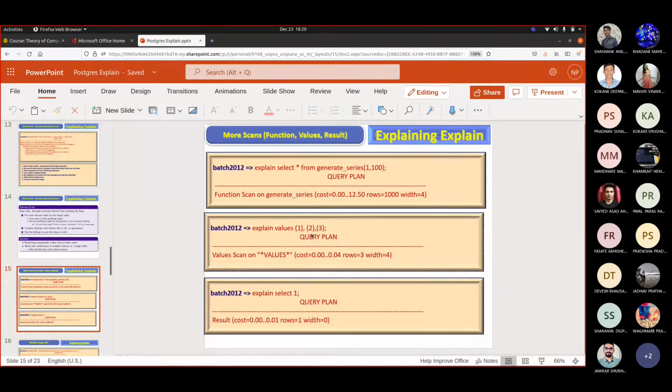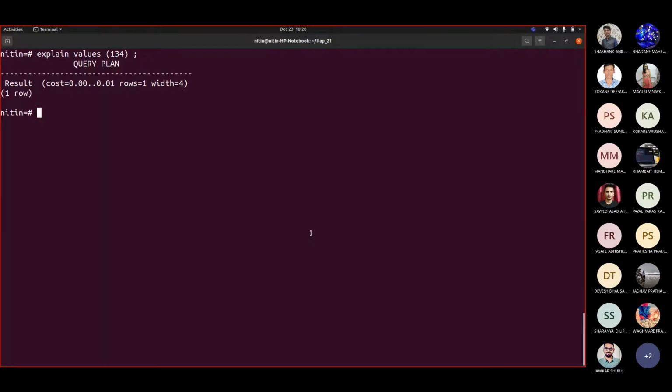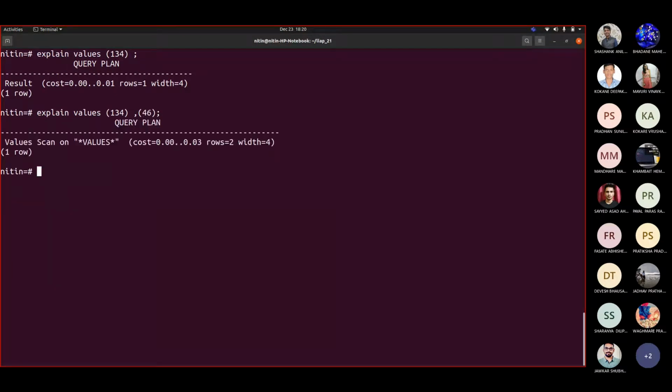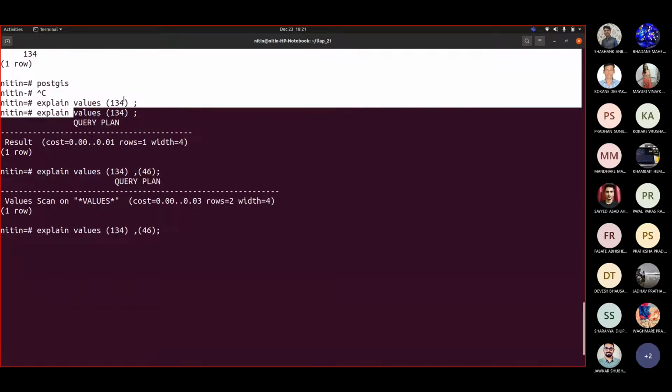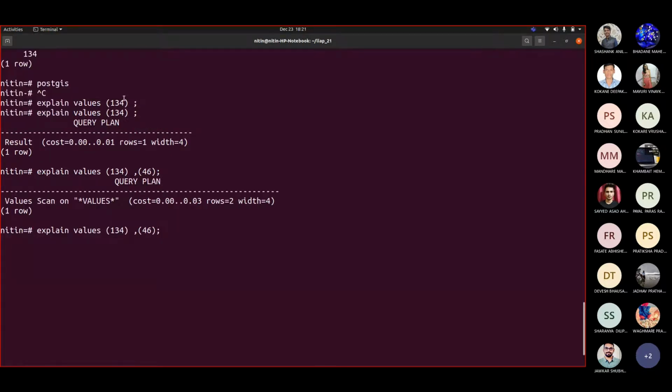When we write this, because I used 1, 3, 4, let me type, say, 4, 6. Before Postgres 11, it used to always show you the value scan. Then they changed it, because this may be an operation that returns only one value, a single value.